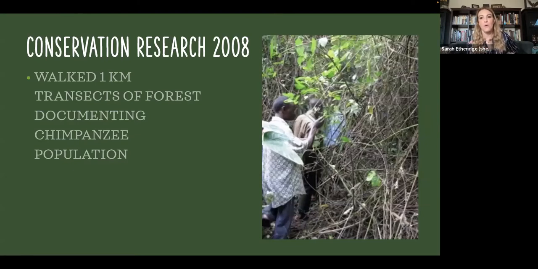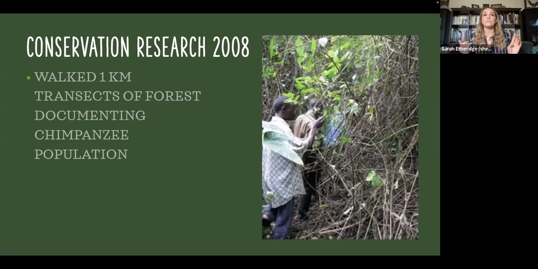It's not like just walking through a nice forest with trees and there's grass under your feet. This is what it looked like most of the time. I was doing 1 kilometer transects using a GPS and GIS, mapping that out to make an actual two-dimensional map, and plotting any data that I found along the way, which